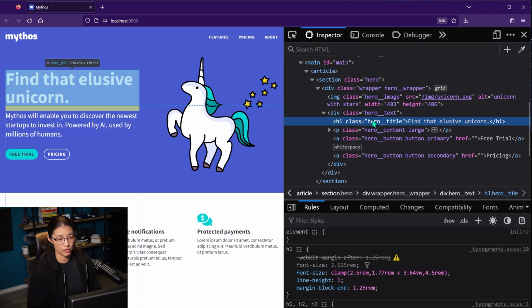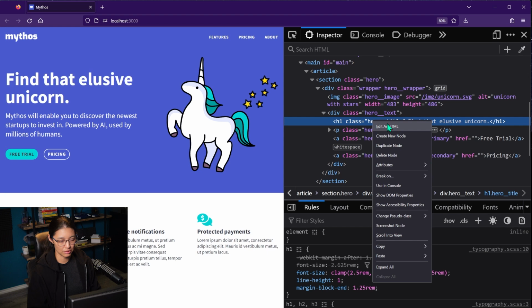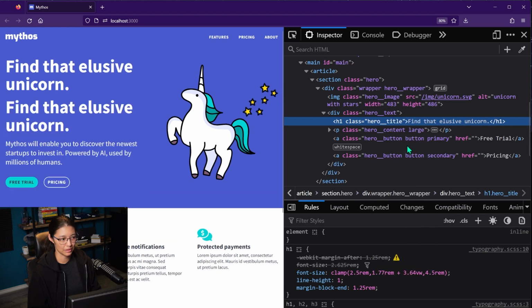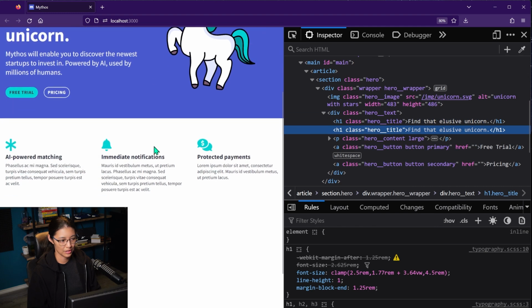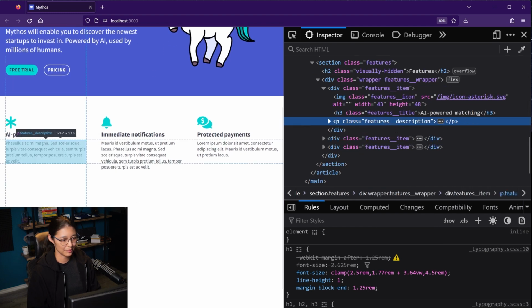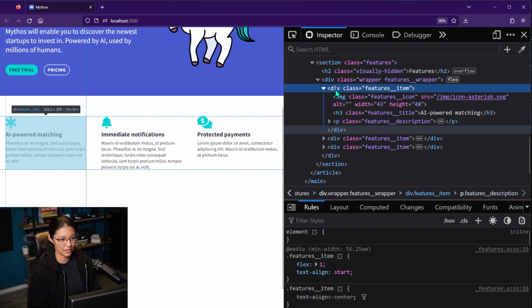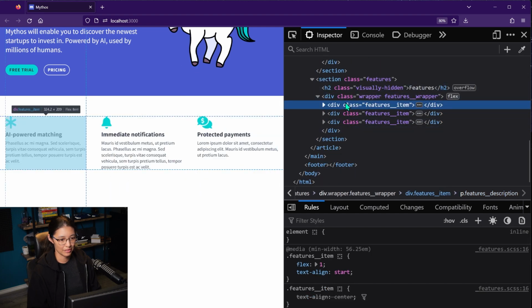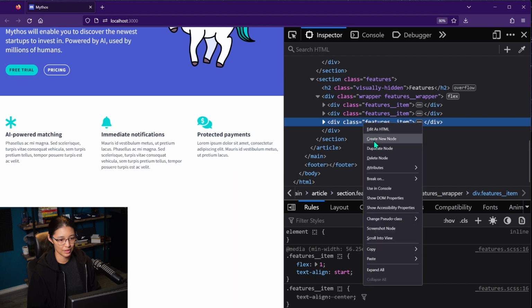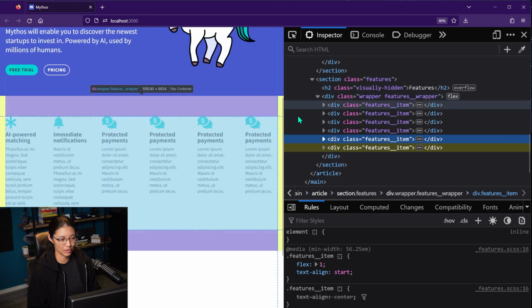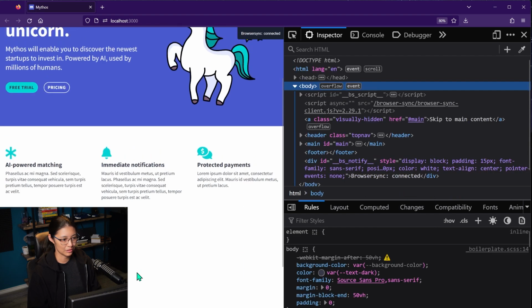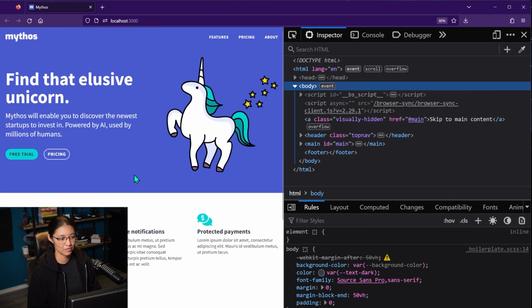Another thing you can do is if you're right-clicking and inspecting an element, in the markup you can right-click and you can actually duplicate the element. So right-click, and if you click on duplicate node, it's going to duplicate the node. That can be helpful too, especially if you're working with a group of items. So let's say this features item, we have 3 of them. If I want to make some more, I can right-click one of them and click duplicate node. And now it's just created a bunch more. So this can be pretty helpful too when you're figuring out layout stuff to see what the container will look like if you have more and more children items.